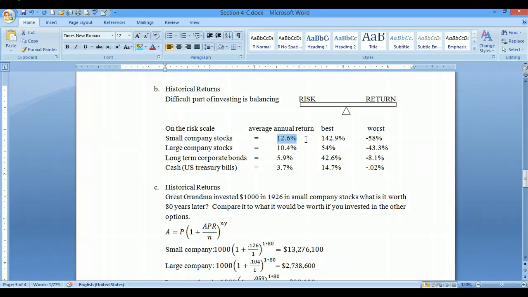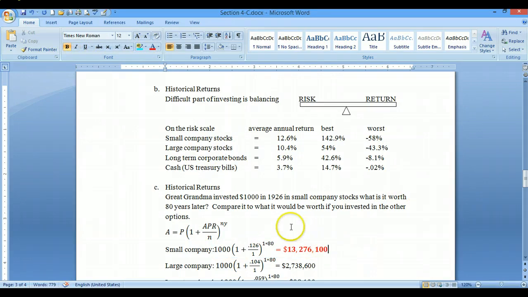Plugging that into your calculator or Excel should give you $13,276,100. So if your great-grandma had invested that, she'd be rather well-to-do, and hopefully you'd be in her